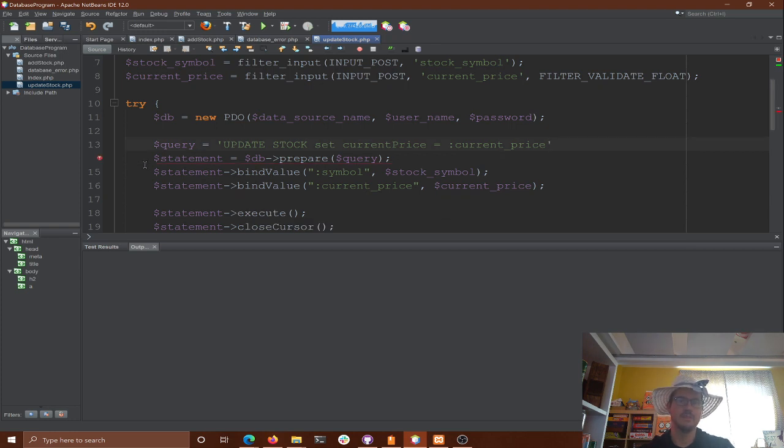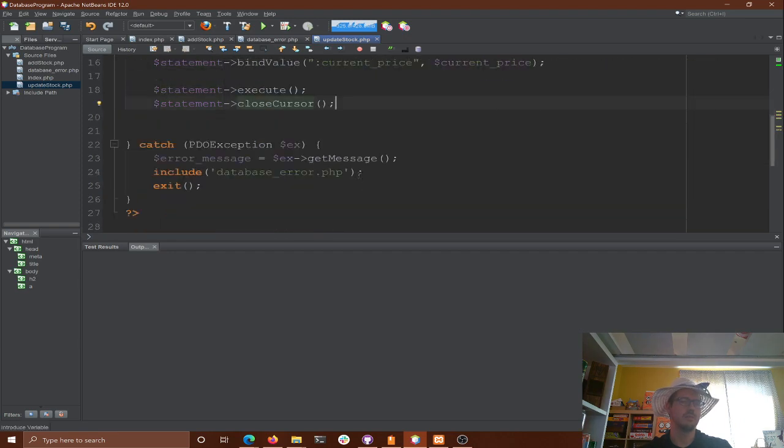But we need to do this. That's right. So we need where the symbol is equal to the symbol. Okay, so we're going to set current price equal to a current price where the symbol matches. So you tell me what symbol, and then I'll update current price to match that symbol. We prepare the query, we update stock symbol for symbol, we update current price for price, we execute our query, we close our cursor.